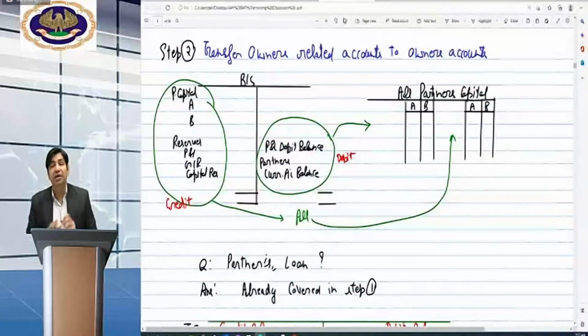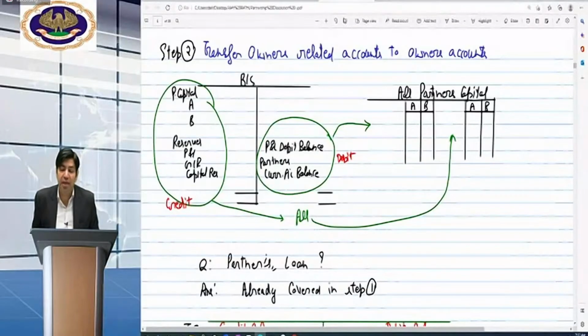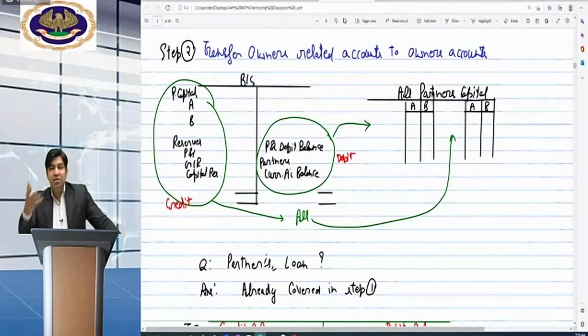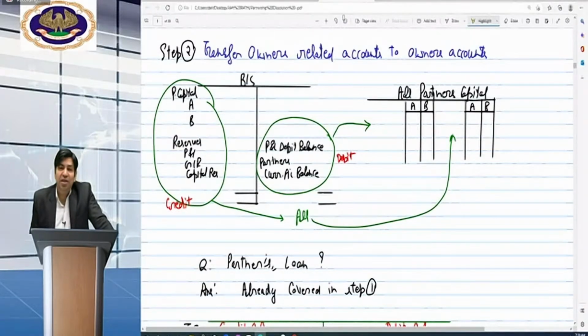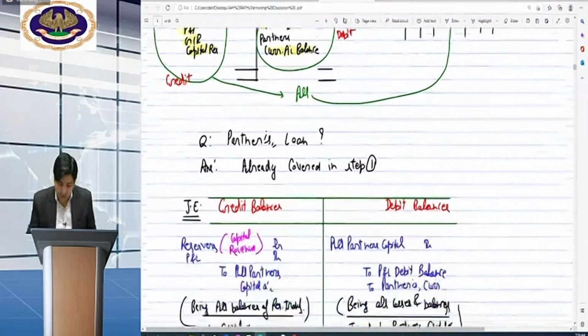Anyways, now coming to the next part of the steps. Step number 3. What we discussed in the last class: what doubts can we find in the question, maximum to maximum? Beta, what owners' related accounts are to be transferred? Sir, capital. No, beta, more accounts are also there. Umapriya, Shankaran, Vedika. Very good, beta. So what accounts can we find maximally in the question? Whatever is in the books, not more than these: all kinds of reserves, P&L, general reserve, capital reserve. Either profit and loss debit balance or partners' current account balance, all the accounts must be transferred. Partner loan, we have already covered.